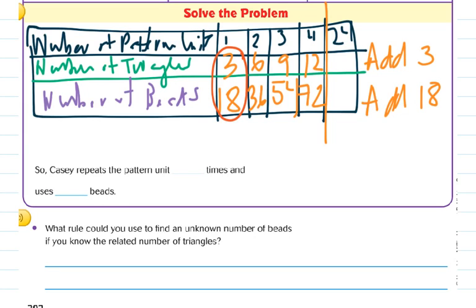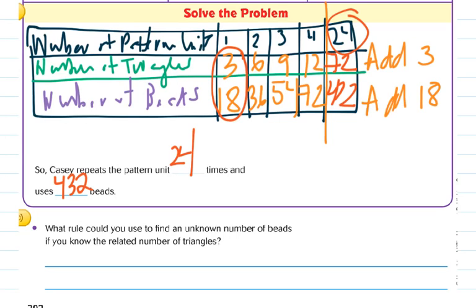We think to ourselves, the rule is going to have to be the same times each side. So if we think about it, for our 24th pattern, we're going to take 24 and multiply it by 3 because we know that will be the amount of triangles that we'll have. So we will have 72 triangles. And then we're going to take the 72 triangles and multiply it by 6, which would give us 432 beads. So Casey repeats the pattern unit 24 times and uses